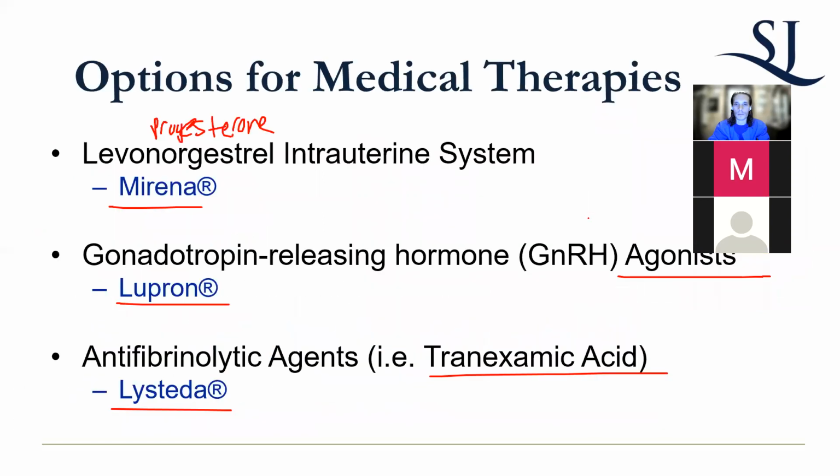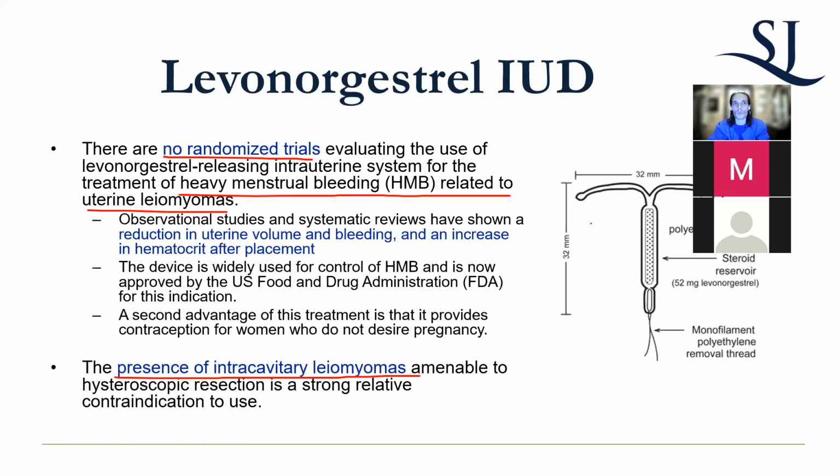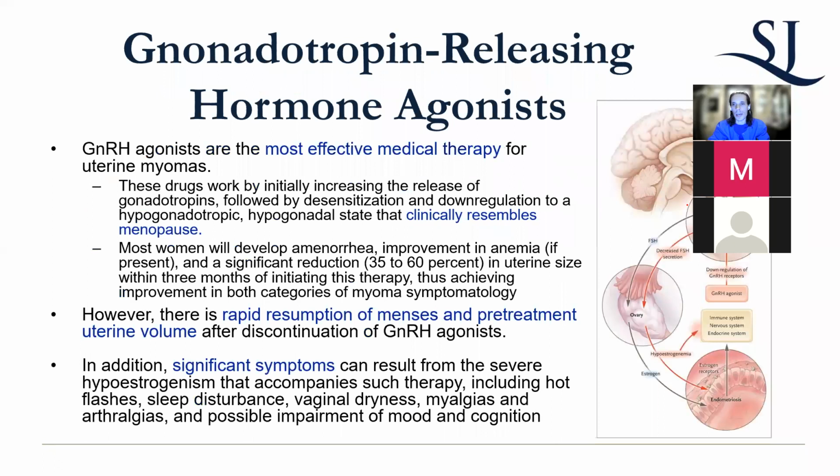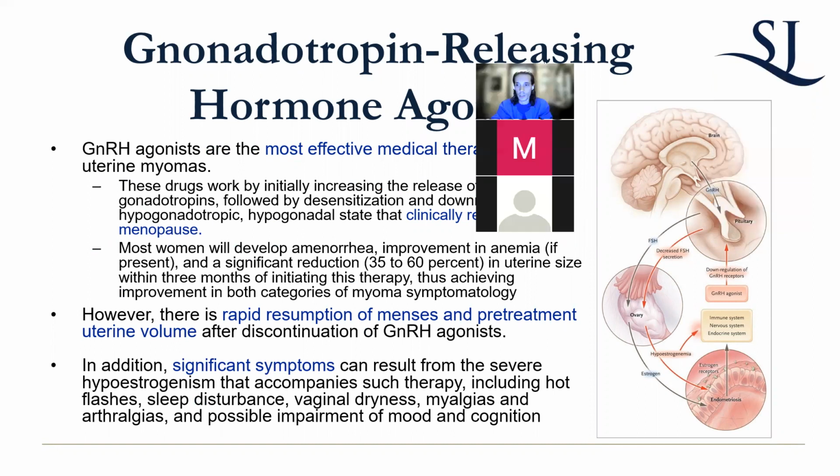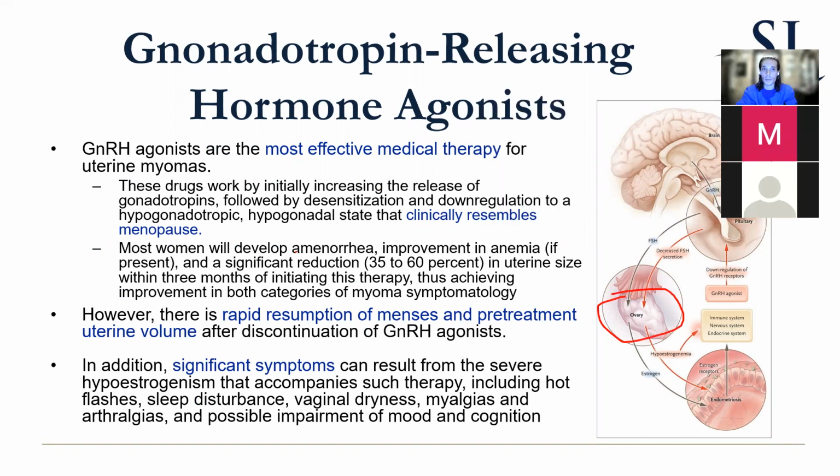That being said, if someone doesn't want surgery, but they want an answer, sometimes it's tried, but honestly, it's not a good treatment, and that's why it's not indicated for that purpose. GnRH agonists work very well, because the GnRH agonist, by a positive feedback mechanism, you see in the diagram on the right, shuts down the ovary. So for all intents and purposes, you go into menopause. It's the most effective medical therapy because these leiomyomas are estrogen responsive, for good or for bad.